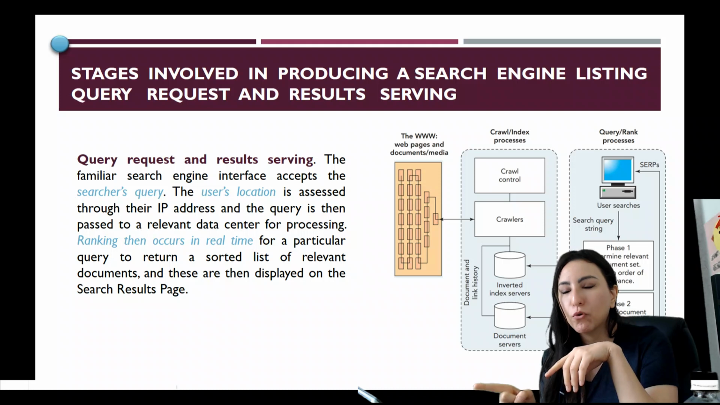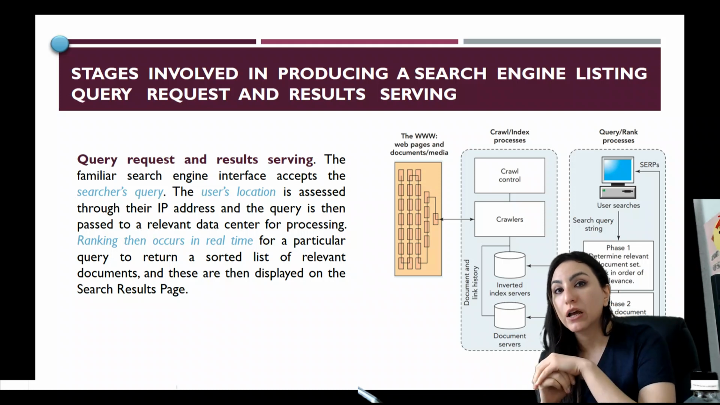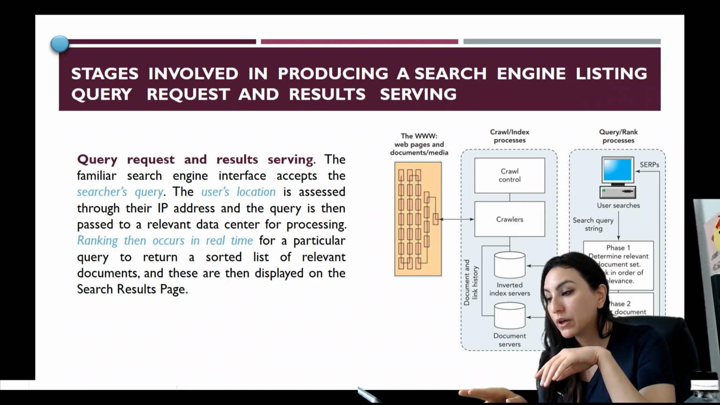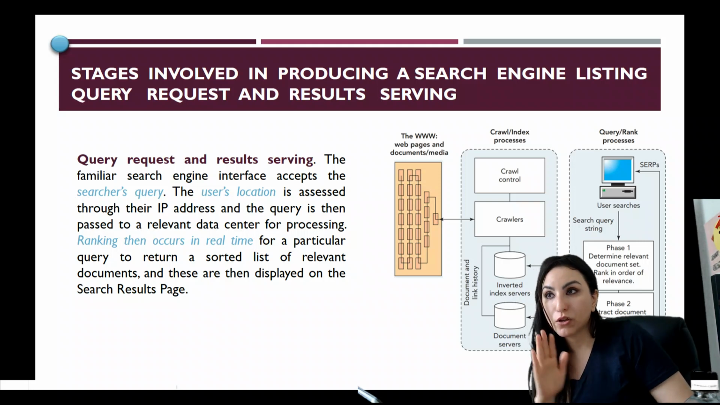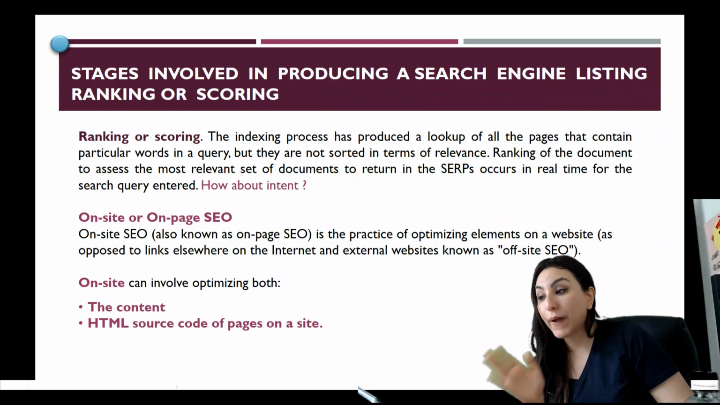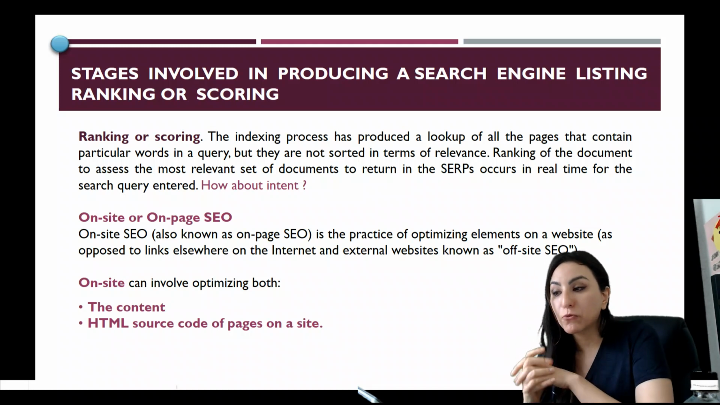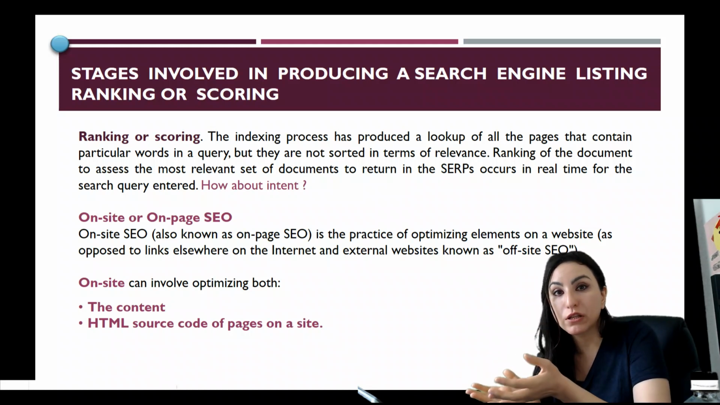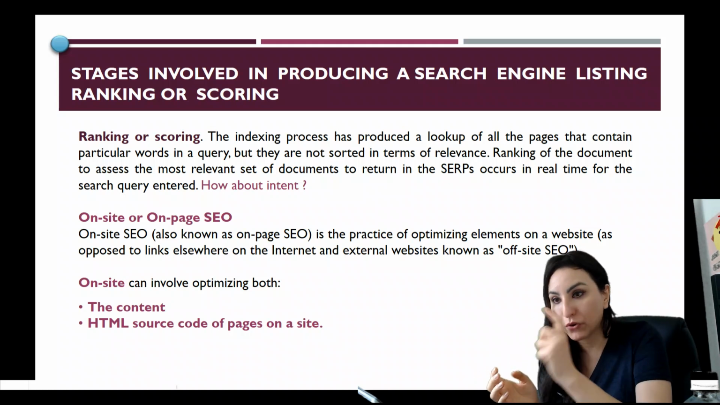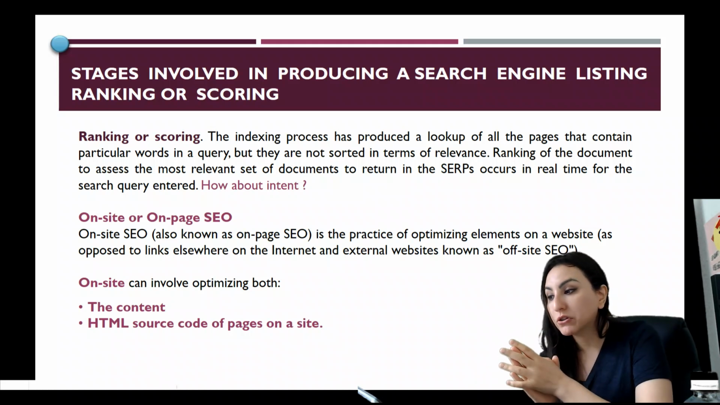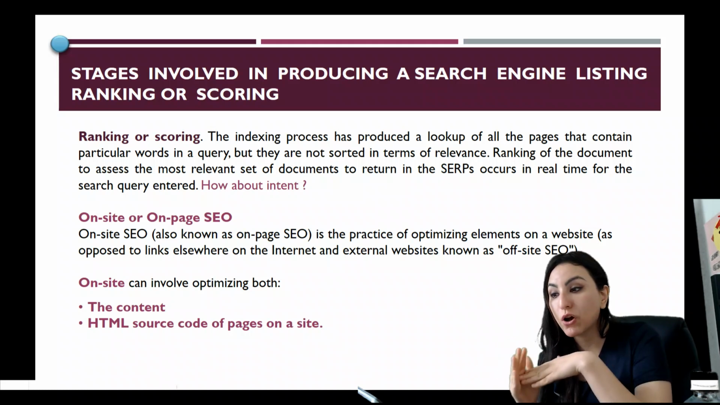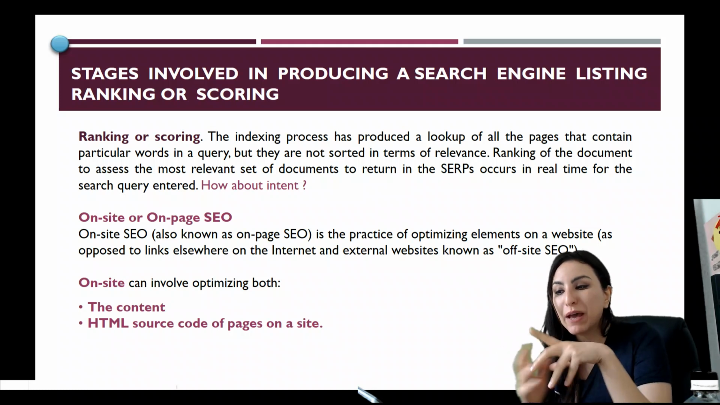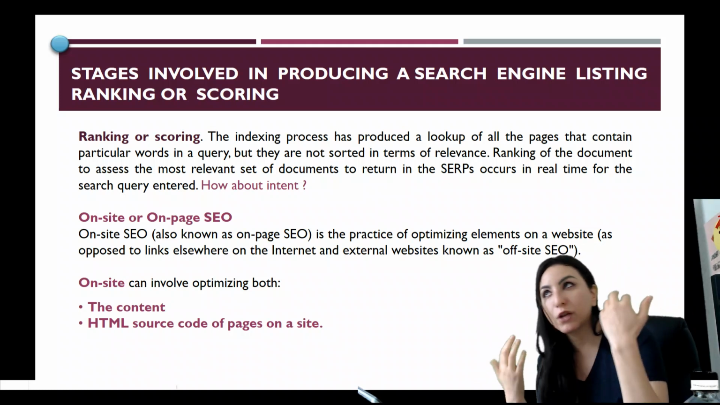We're going to talk a little bit more about how the search engine gives the results. Rankings then occur in real time. That's awesome, for a particular query to return the sorted list of relevant documents, a sorted ranked list. So ranking now, or scoring. The indexing process, once it's over and has produced this inverted index or the lookup table of all the pages that contain certain keywords relevant to your search term, then they are sorted in terms of relevance or score. Back in the time, we used to say the word relevance, but relevance is